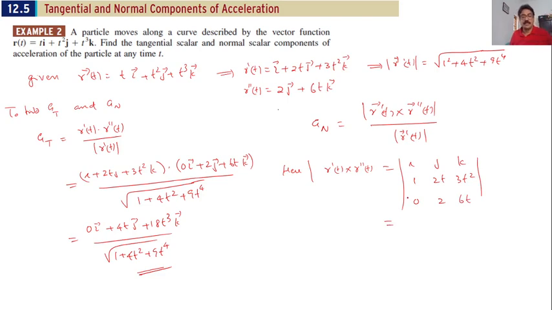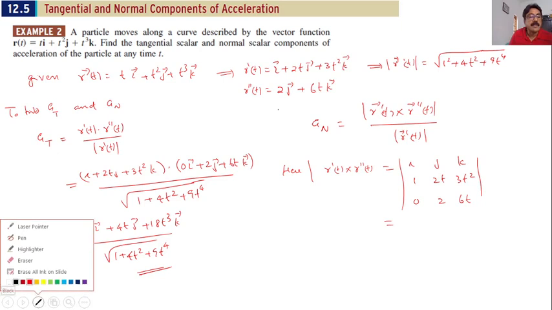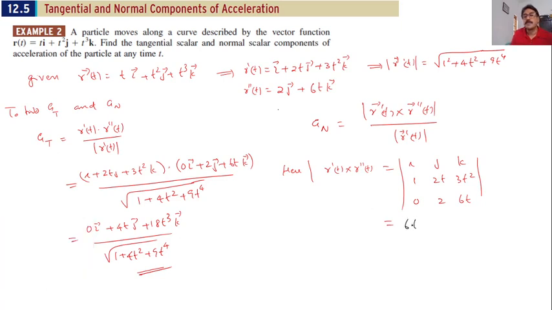Now expanding this determinant, you will get the vector 6t square i minus 6t j plus 2k, and therefore the normal component of the acceleration is given